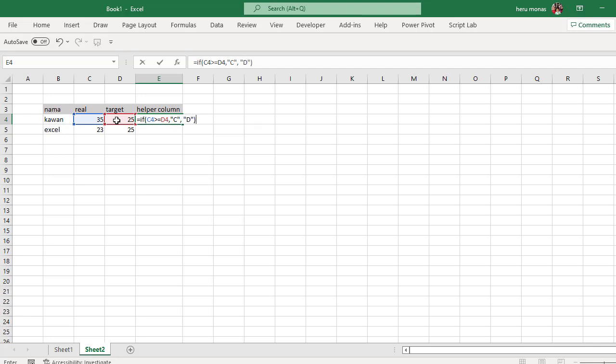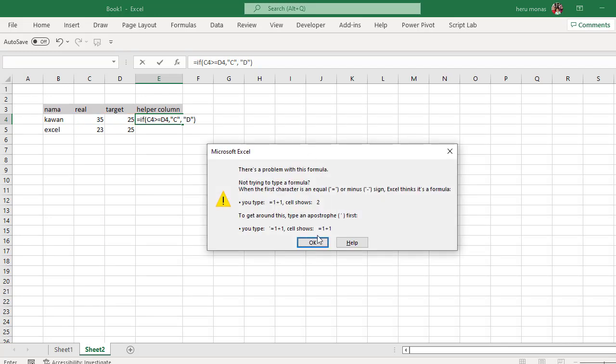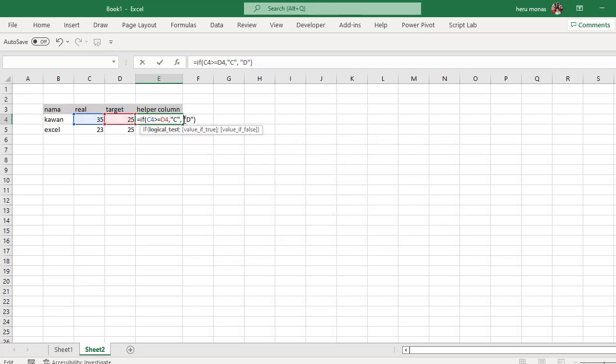Okay, I will explain it to you real quick. I hit enter. Sorry, I should change this to a semicolon like this because I set it to my local setting. Hit enter, and then I will just copy and paste down here, and we will have the C and D. Whenever the real is greater than the target, it will show us the C, and whenever the real is less than the target, it will show us the D. Okay, so then we have to make the